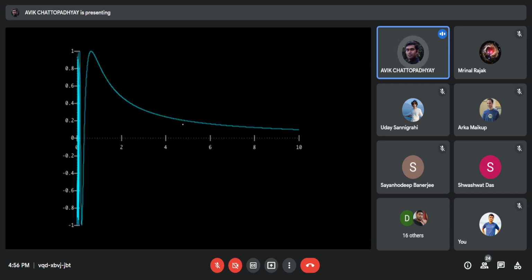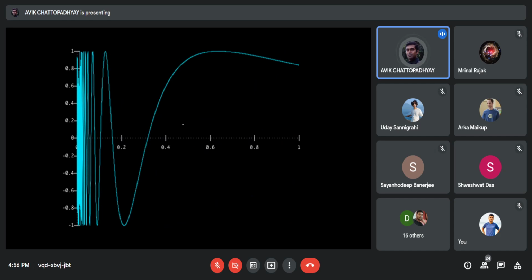So it is up to 0 to 10. Then divide by 10. It is 0 to 1. Again, divide the